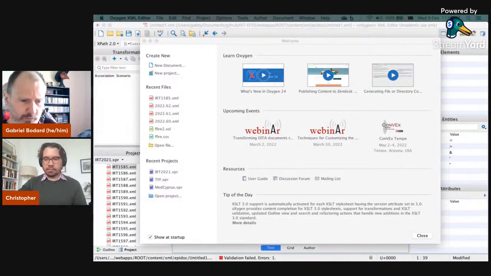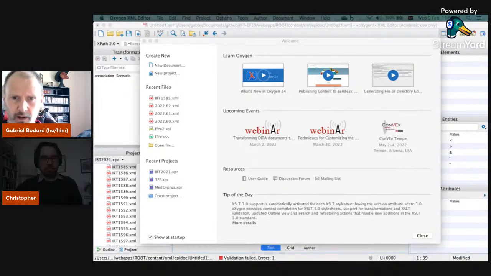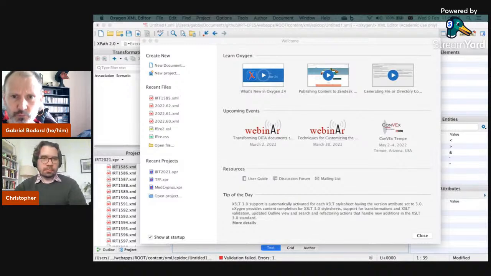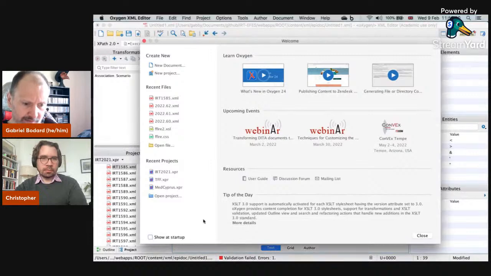Just a couple of things before we start. The very first time you open Oxygen, you'll get this welcome screen, which, unless you ask it to, will also appear every time you open Oxygen thereafter. So first thing I'm going to do is click this Show at Startup button down in the bottom left there. I'm going to unclick that checkbox and then close this, so we never need to get that